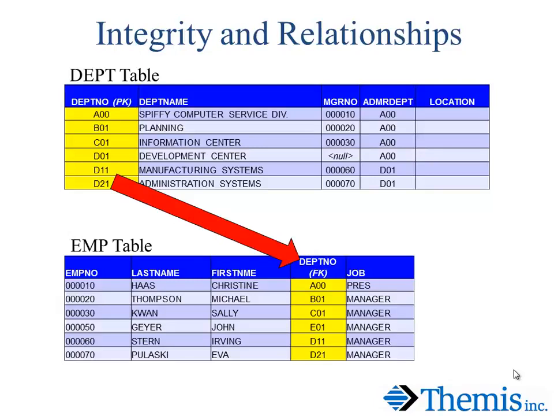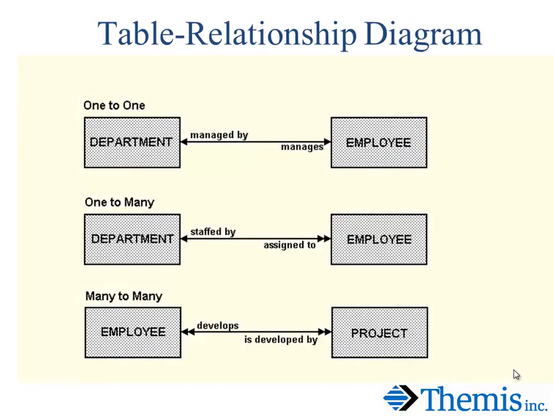If I update John Geyer, he doesn't work in department E01 anymore, he works in department B11. B11 really ought to be a valid department number, right? So if I update the foreign key, that's usually allowed, but I have to update it to something else that actually exists. Yes, sir? If I go back to the previous slide where you define your relationships, it looks to me, if I've got one-to-one relationships, that would probably be a good candidate to simply slam the two tables together. Yeah, if I have a one-to-one relationship,